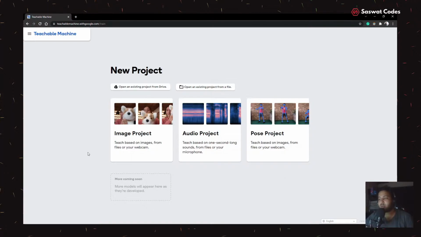So we have three, like we saw earlier: image, audio and pose. And in this video we will go with image. So you can open an existing project also if you have a file from a folder, but we don't have, so we'll directly go to image project.